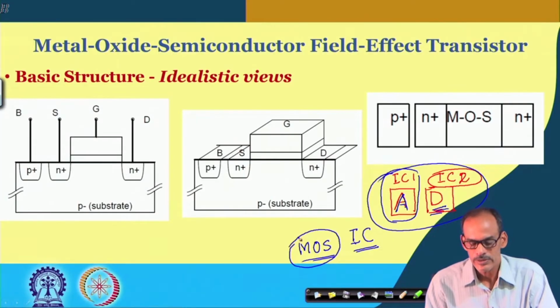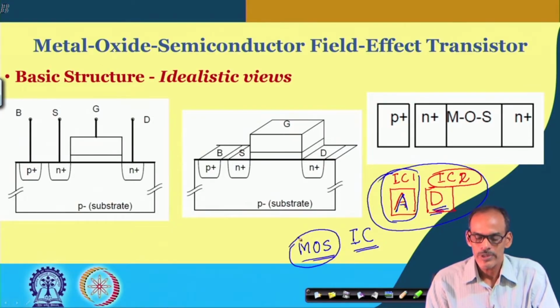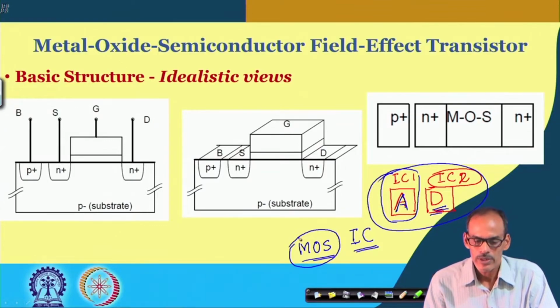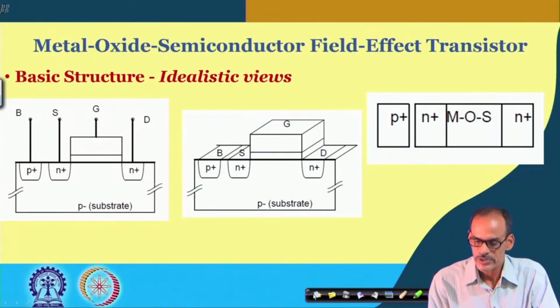However, as I said, BJT we prefer to keep because at the board level implementation, BJT implementation is better, where we can verify some of the basic concepts, whereas MOSFET normally is not really frequently used for analog design on board. So, anyway, now coming to the basic structure of the MOSFET,